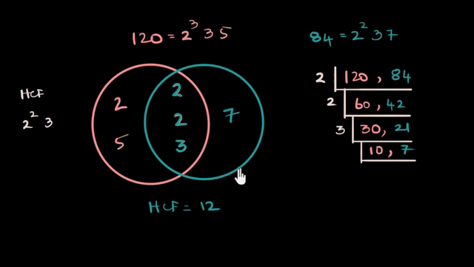Now if you're really curious, you can draw more diagrams like this for 3 numbers and notice that there'll be one more circle over here, which means that some of the factors will be common to all 3 numbers, which is what we'll take out as the HCF. Another interesting thing you can do is ask, if I can visualize the HCF this way, then why can't I visualize the LCM also this way in a diagram that's like this? And the answer is you can. We'll cover that in a different video.